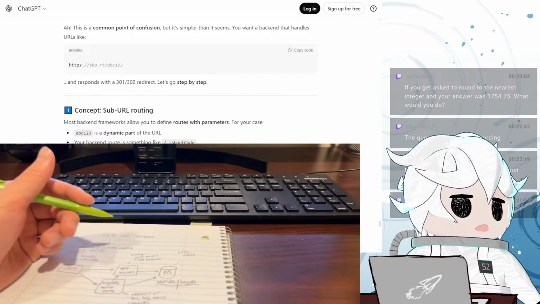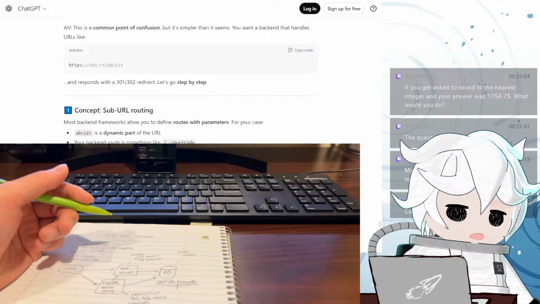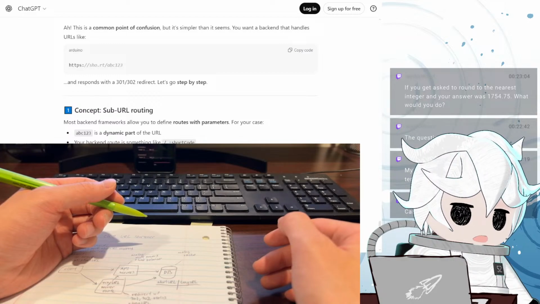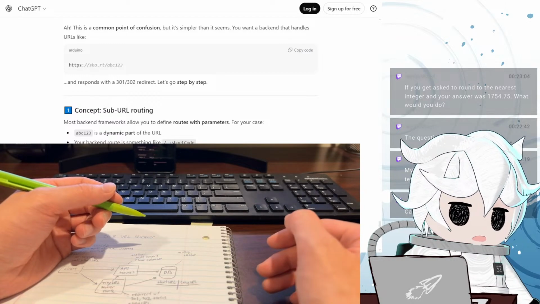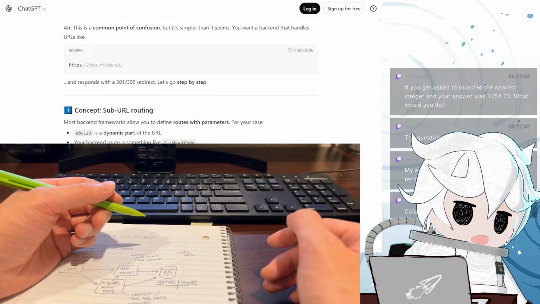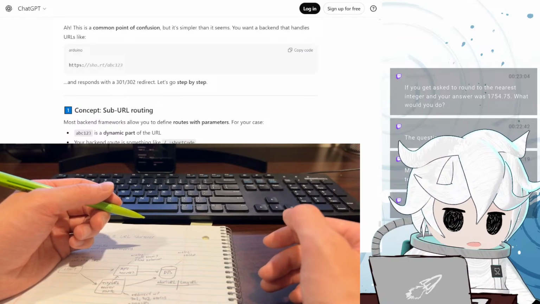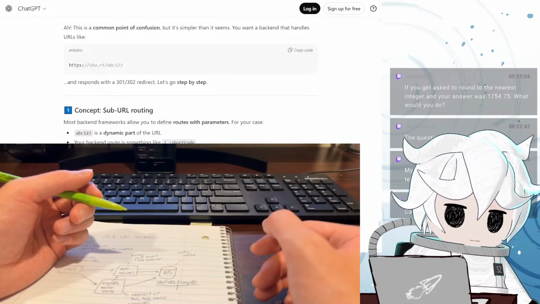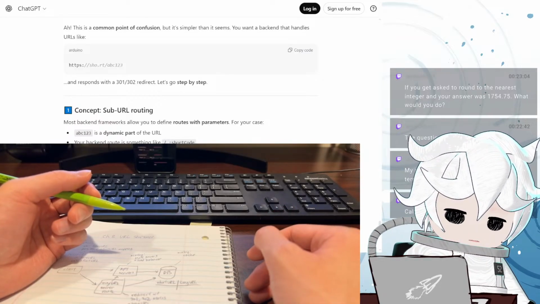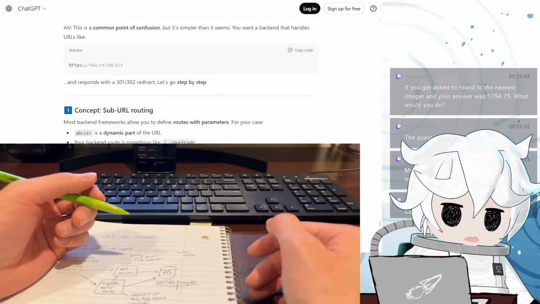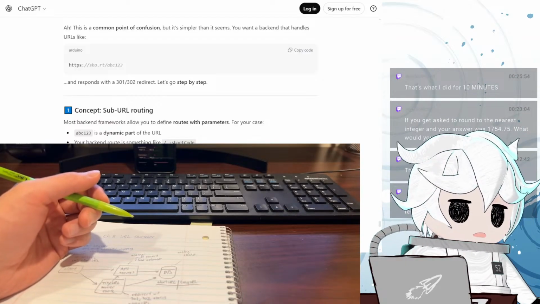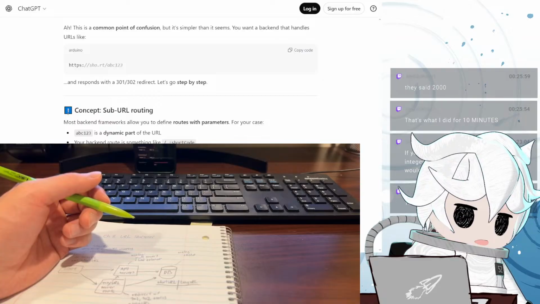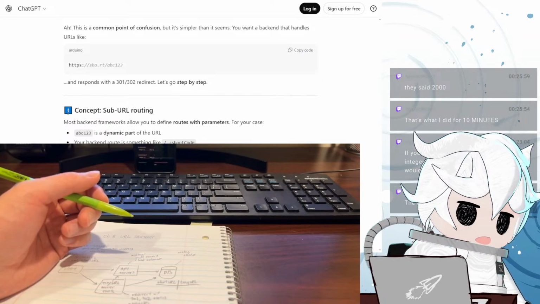Okay, sure. Mythic says if you get asked to round to the nearest integer and your answer was 1754.75, what would you do? Round to the nearest integer, I would probably do 1755, right? Is that what you did? That would be my intuition. What would the correct answer be? That's what I did for 10 minutes. Wait, then what is that? What is round to the nearest integers? 2000?